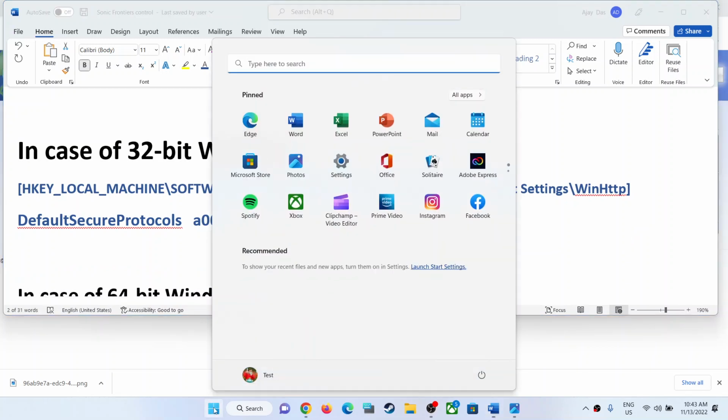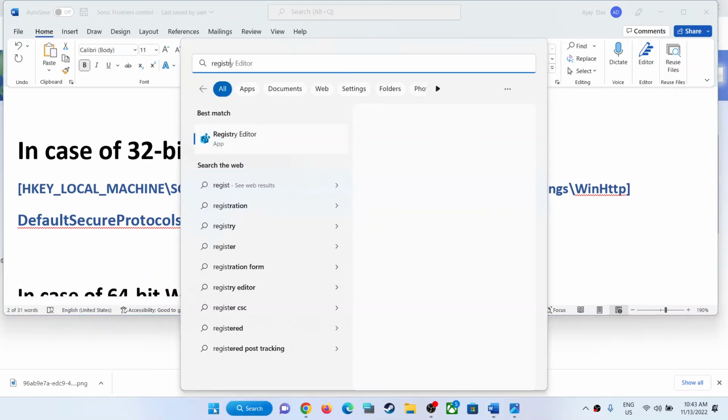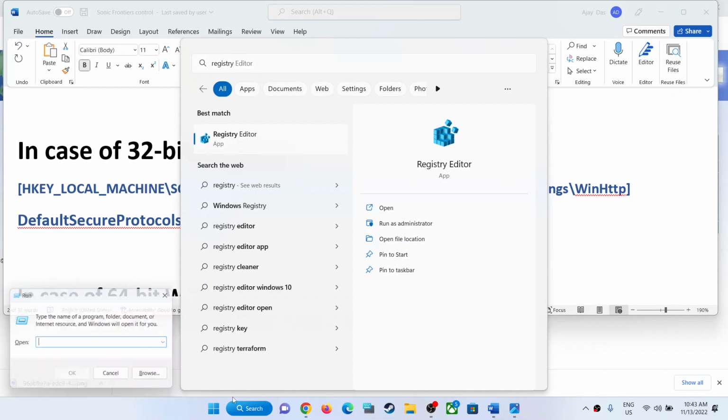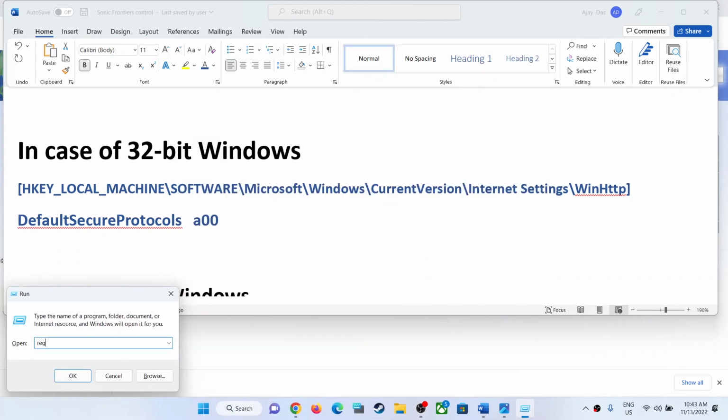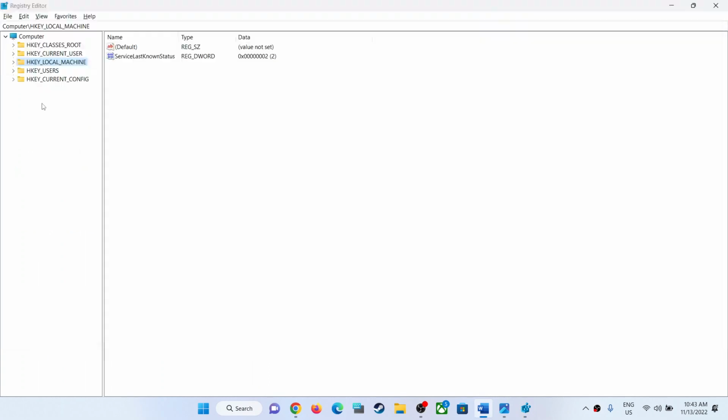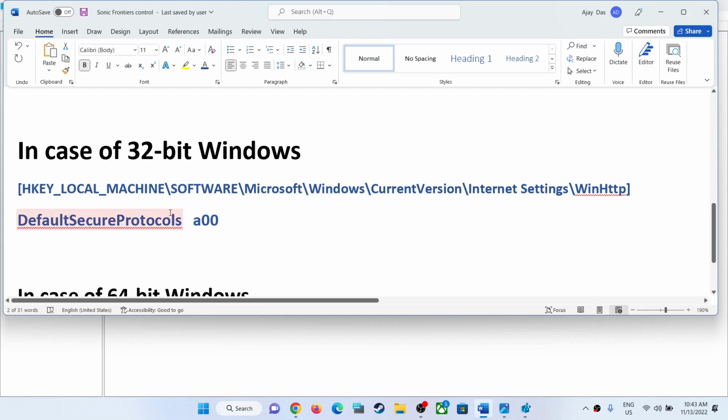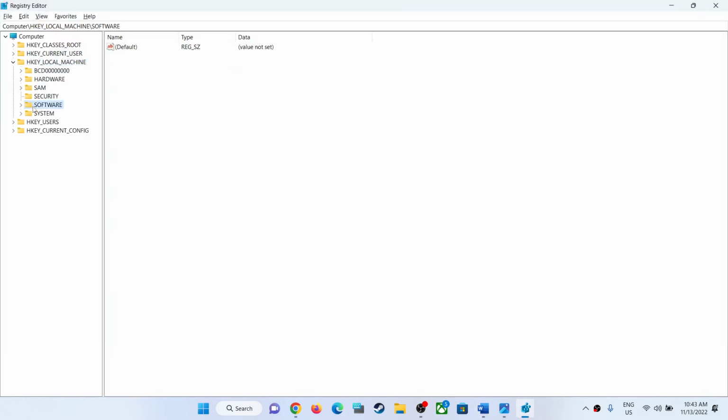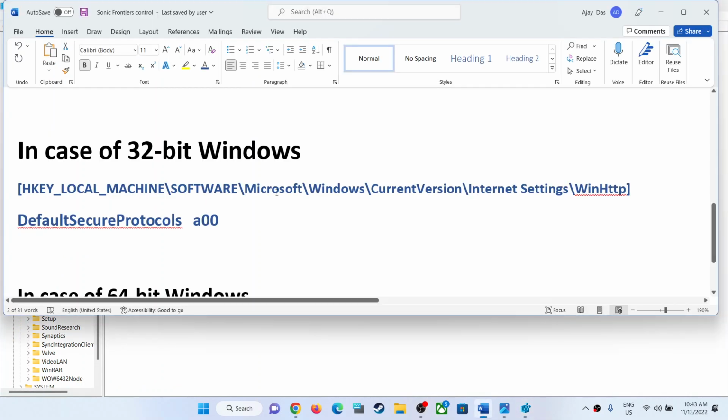So open Registry Editor. Type in registry editor in the Windows search box, or you can simply open a Run box and then type in regedit, and then click on OK. Click on Yes to allow. Once Registry Editor is open, expand HKEY_LOCAL_MACHINE. Now expand Software. Now expand Microsoft,